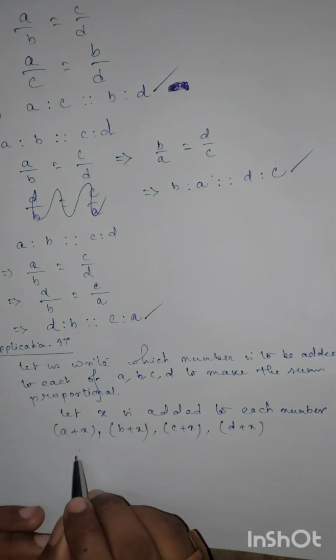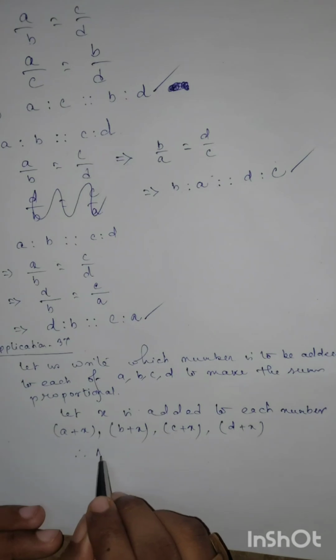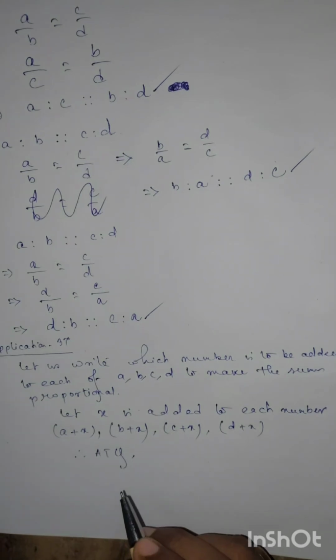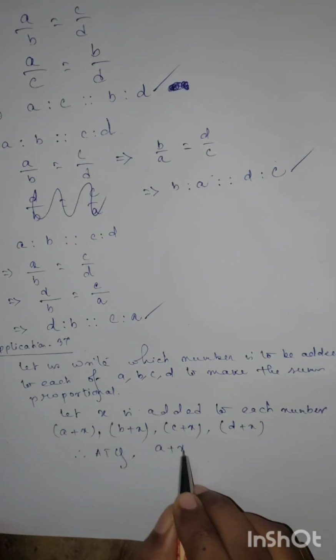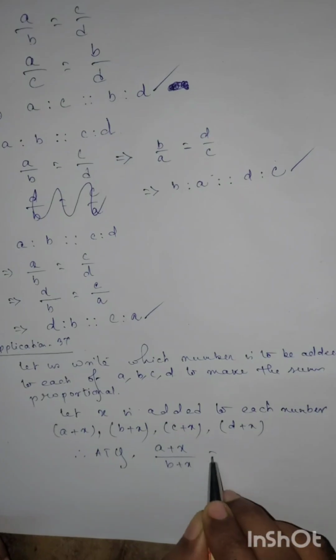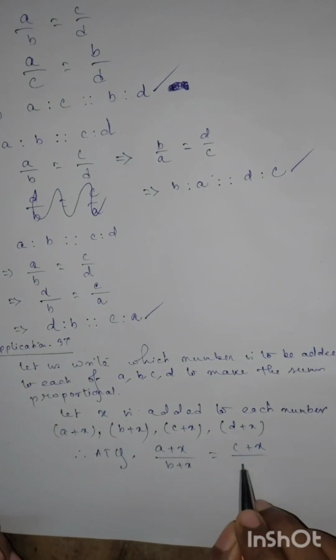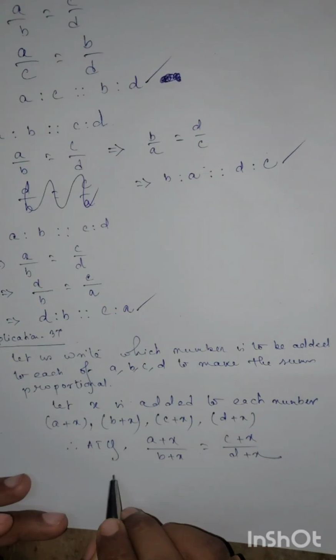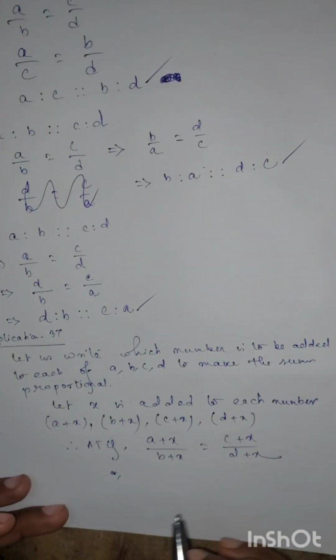Therefore, according to the question, we can say A plus X by B plus X is equal to C plus X by D plus X. Now cross multiplying both sides, we are getting